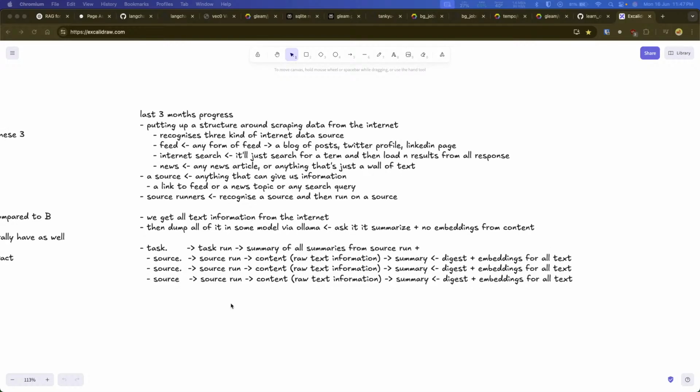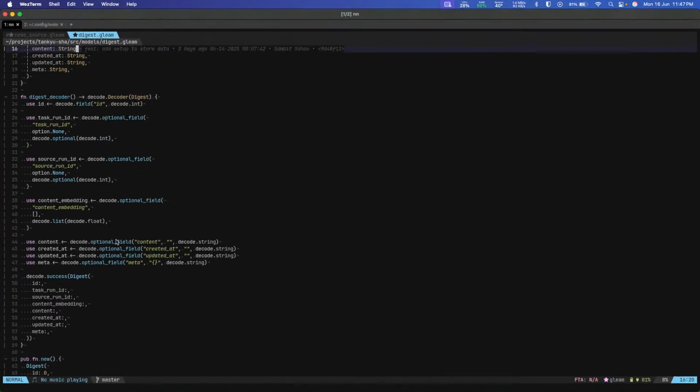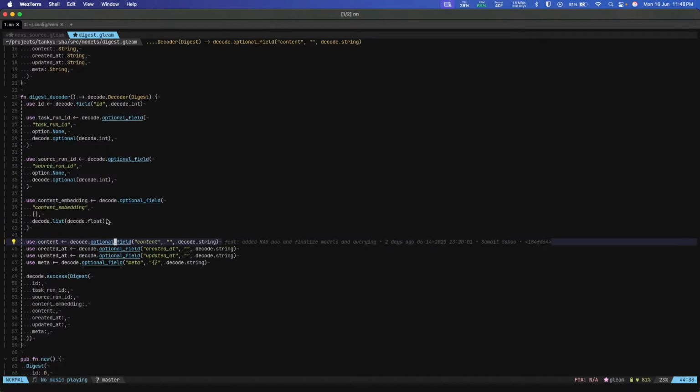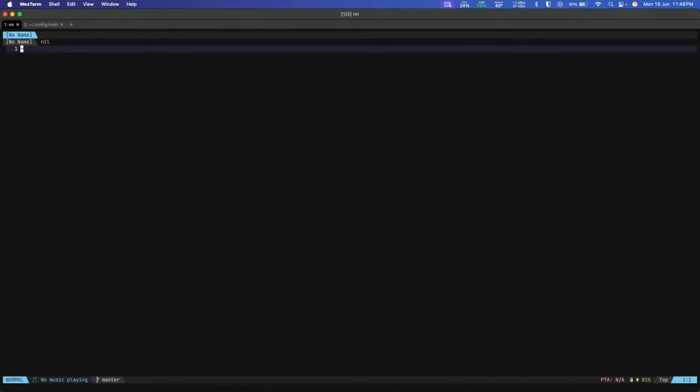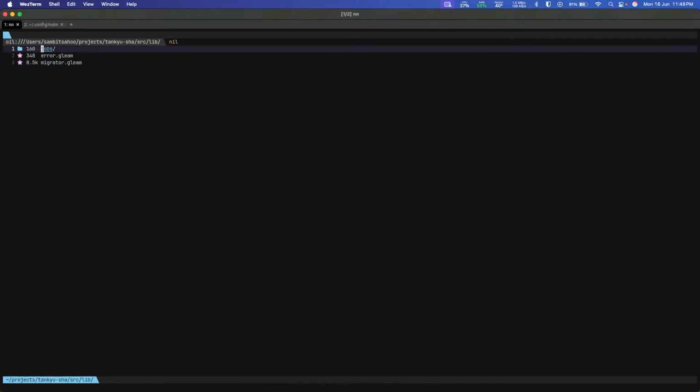Another thing that we have to do is I have to see how we build digest. But right now today's goal is simple. What we are doing today is basically building the job processing part, which is we have a scheduler which takes tasks, then figures out what task run has to be created, then figures out all the sources that are attached to that task, then goes around